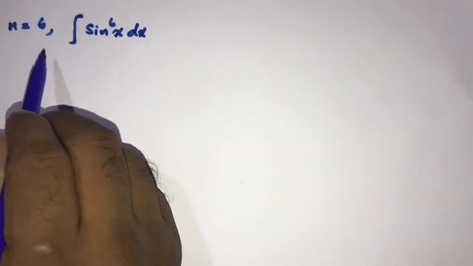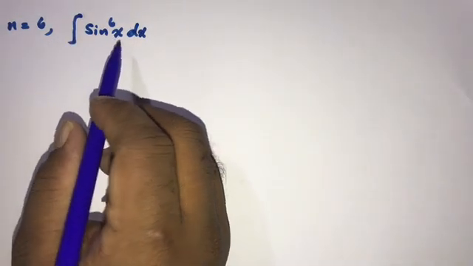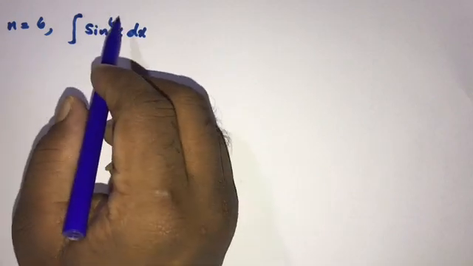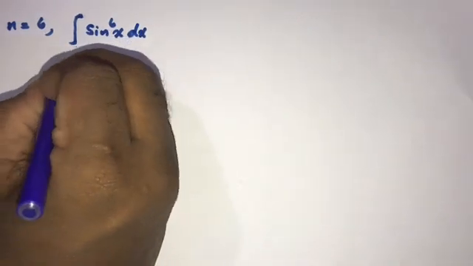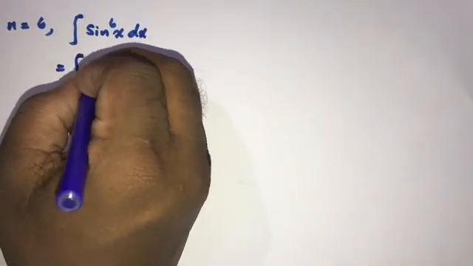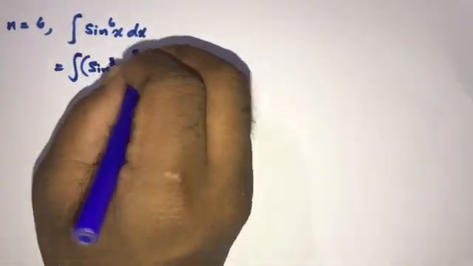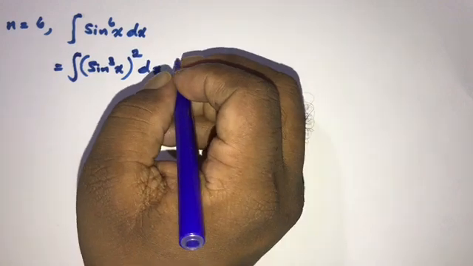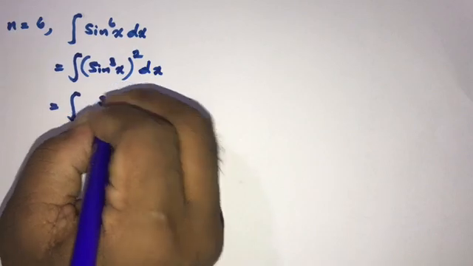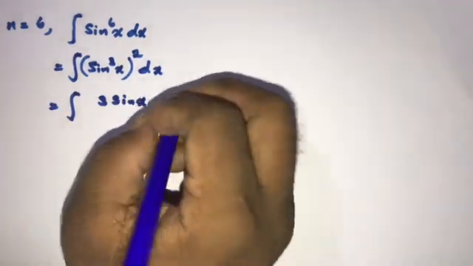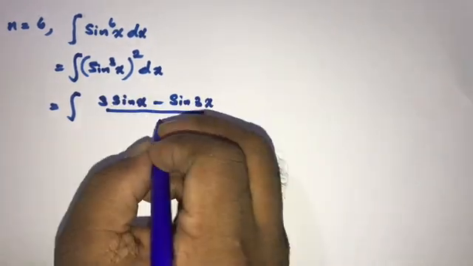Now n is equal to 6. The question is going to be the integral of sine to the 6th power of x dx. So 6 is an even number, so we can't use the substitution method, so we can write sine to the 3rd power of x, squared, dx. Now we know sine to the 3rd power of x is equal to 3 times sine of x minus sine of 3x over 4,